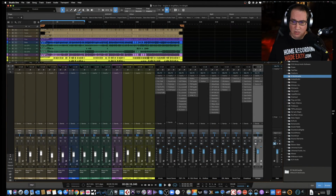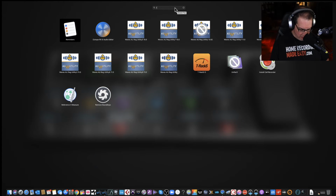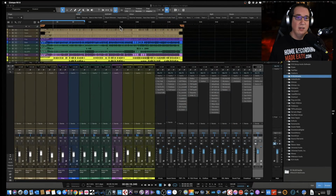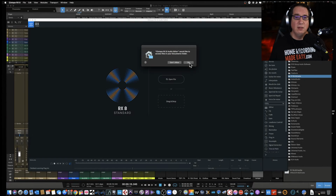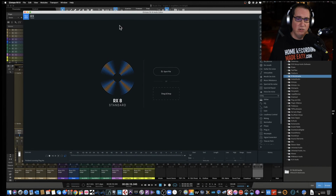RX8, which I have their, hold on, I don't have the advanced version of that. So I only have the standard version of this, not the advanced version, so I can't use this as plugins. But this is an audio repair thing,